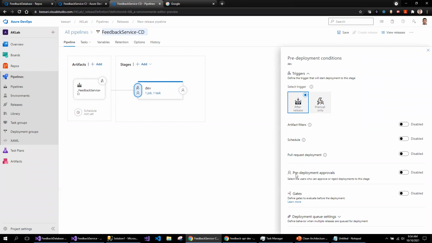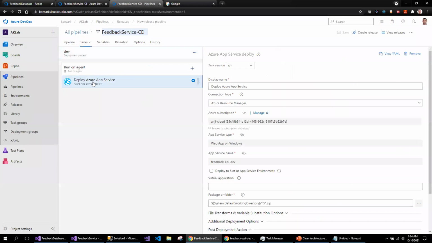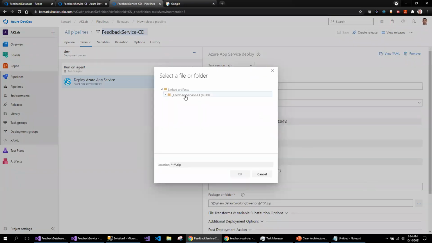And then I can also keep some pre-deployment approval. For dev, I will not be giving the pre-deployment approvals, but for the test or QA or production stages, I'm going to enable that just to show you how that works. So let's take a look at if there are any changes required. I'm sure there are no changes except this one.